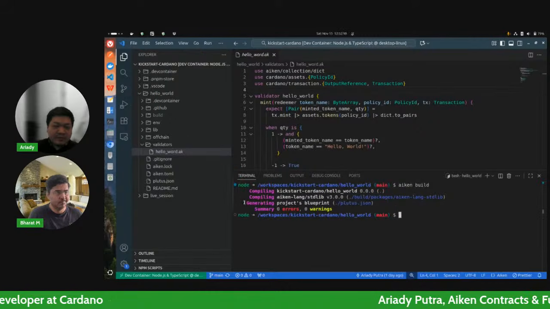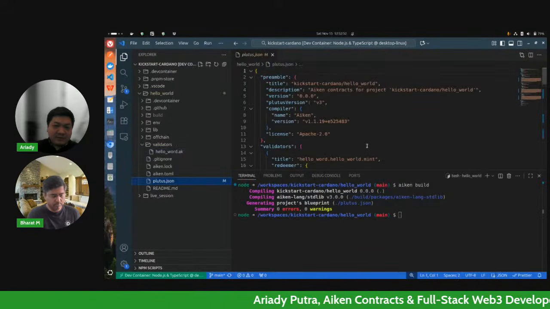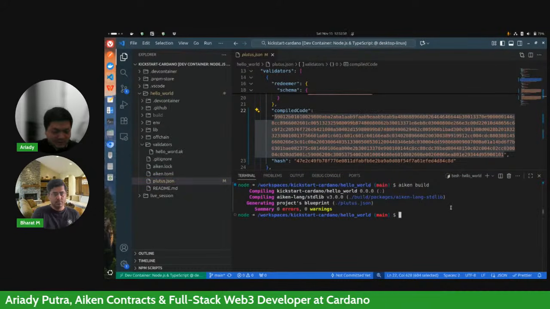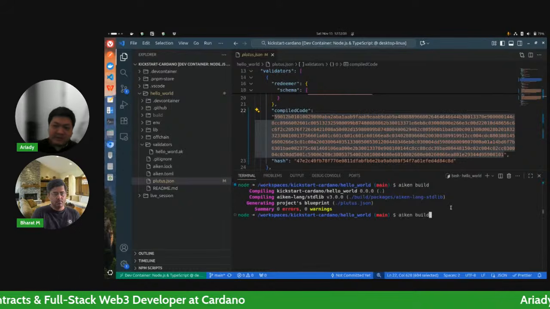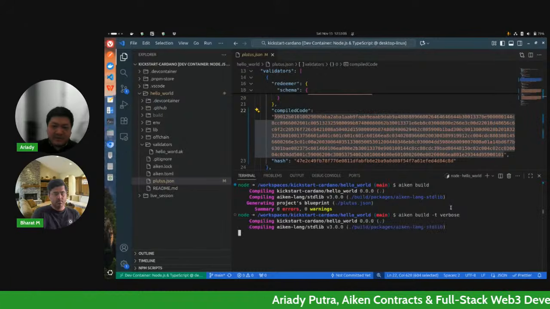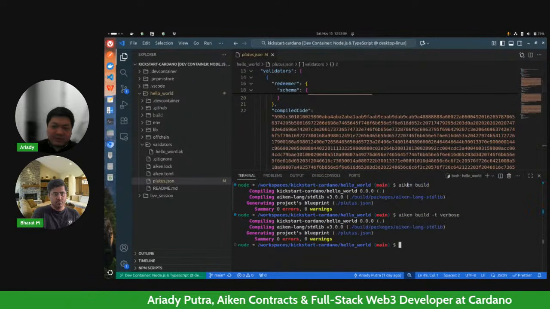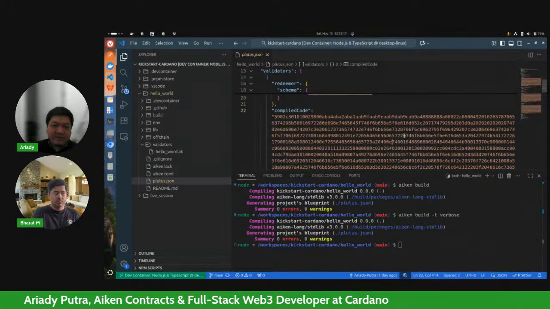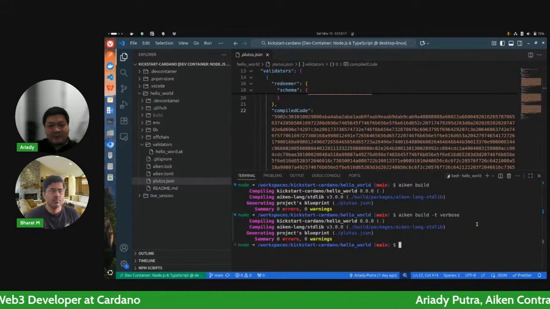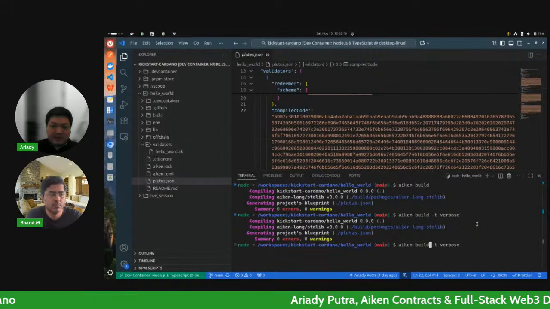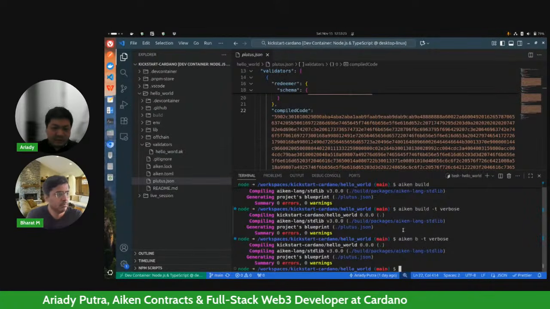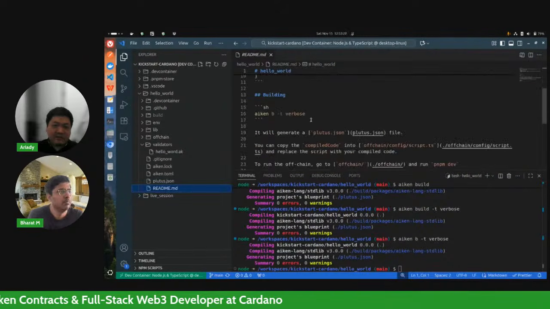Now, when you run Aiken build, Aiken will generate this blueprint JSON file with the compiled code inside. But what I recommend during development is that instead of running Aiken build, we add a parameter called verbose, because with just Aiken build, it's built in silent mode by default, meaning if there is an error, the error will not be printed when you interact with the smart contract. And for Aiken build, there is a shorthand. You can just call aiken b -t verbose. And you can read the instruction here in the README on how to build it.